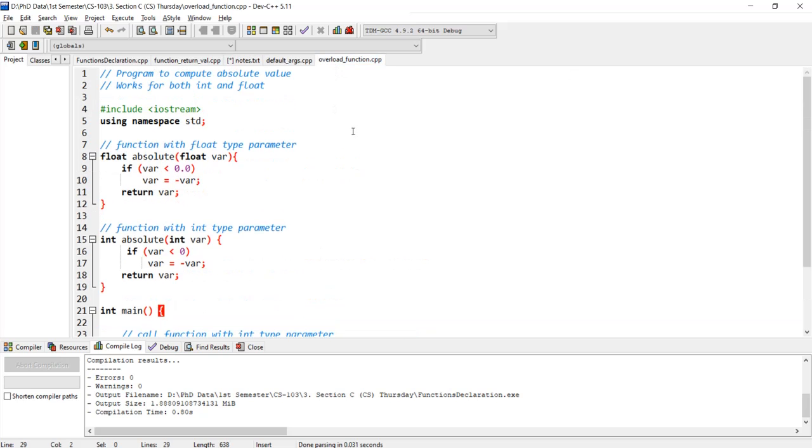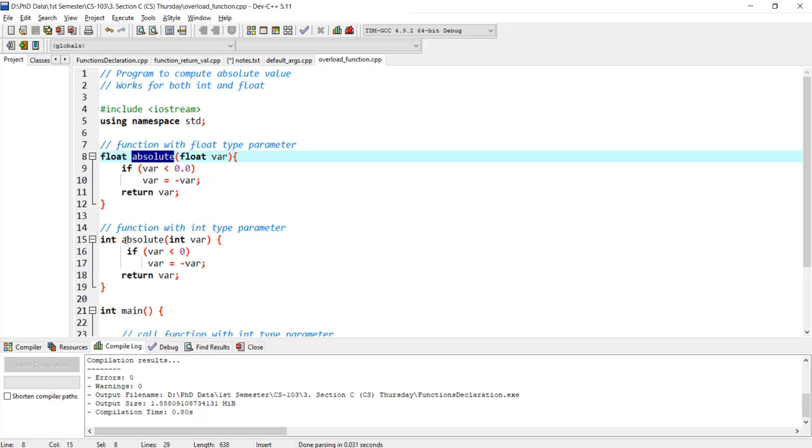So this is the code which we'll use to find the absolute of a given number. Now what is absolute? The absolute of a number is: if the value is less than 0, that is, if the value is negative, it will be turned to a positive value, and if the value is positive, the value will simply be returned. So absolute will convert negative values to positive values. So let's look at it. We have a function absolute,